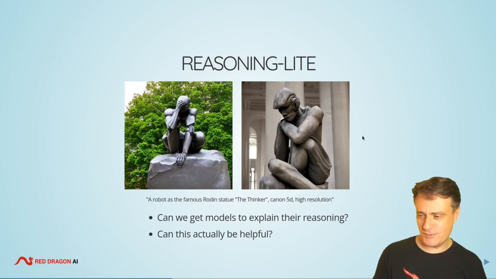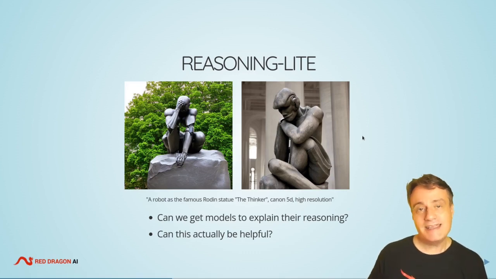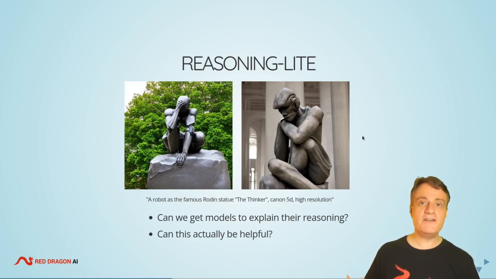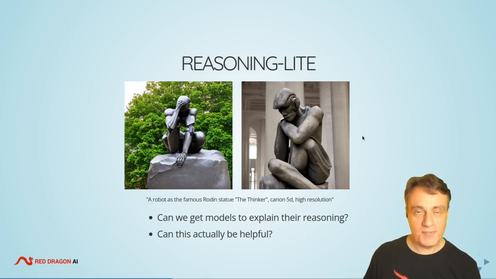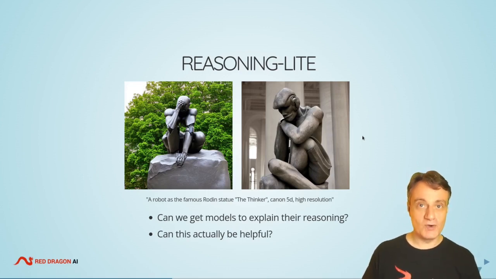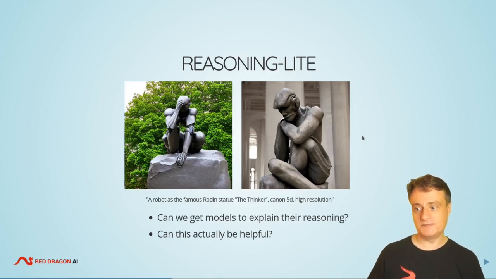We got Rodin's Thinker here. Can we get these models to kind of explain their reasoning? Because one clear problem that these models have is that they might give you an answer super confidently, but it will be the wrong answer and their reasoning might be terrible. So what people have found is that in order to get these models to do, say, mathematics well, it's very helpful to get the model to actually do the reasoning, and then it's much more likely to get the right answer, rather than if you just say, give me the number in the next word.